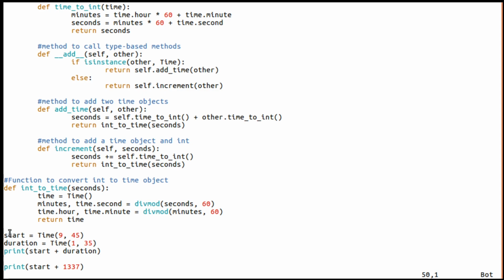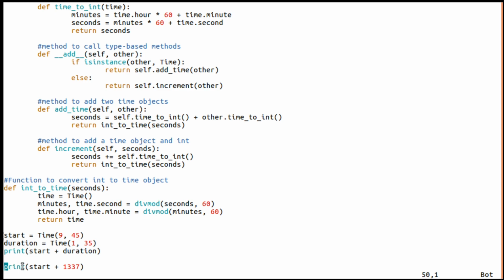Here one time object is time 9:45 and another time object is 1:35. Here I am calling the print function, inside which a plus operator adds the start and duration objects, and whatever the total summation is will be printed.